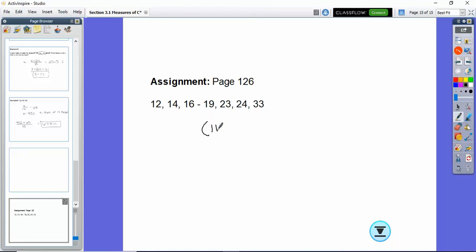You don't have to, but on number 19, it's asking you to find the mean and median for two different sets of data. I would just use the calculator on that one. You don't have to. You can certainly do it by hand, but you're also welcome to practice that, because as we go on, especially after we get out of this chapter, we're going to do this on the calculator almost all the time. So if you want to practice one on the calculator,